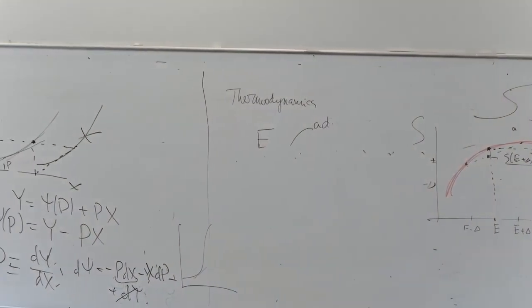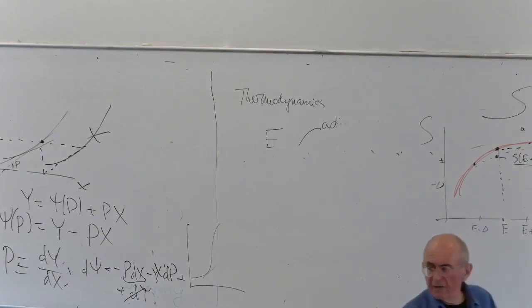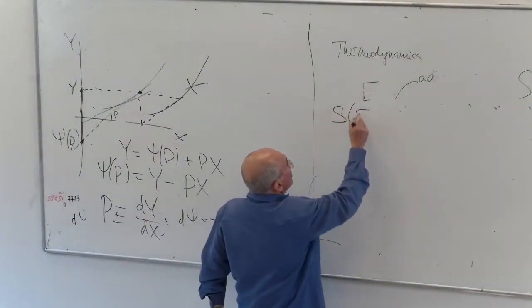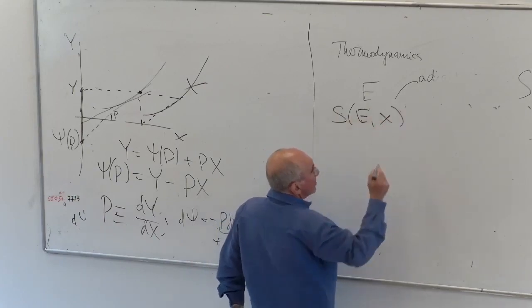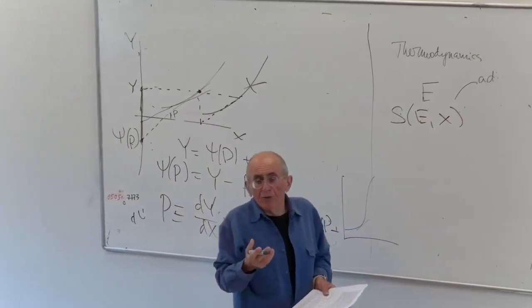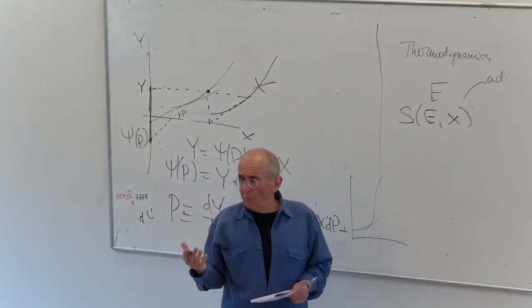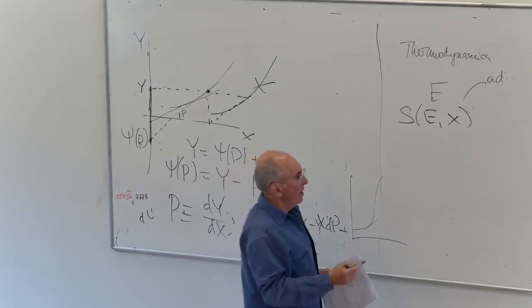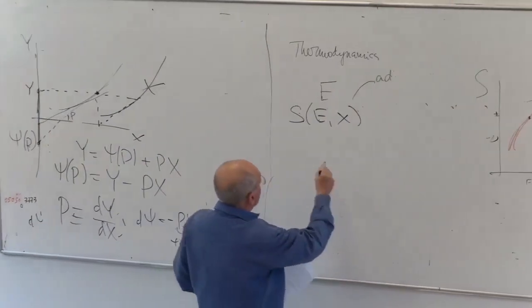So now if I have this function S of E and whatever x I have, how it actually solves the problem, for example, of what is the state of a system. And as we discussed this more or less